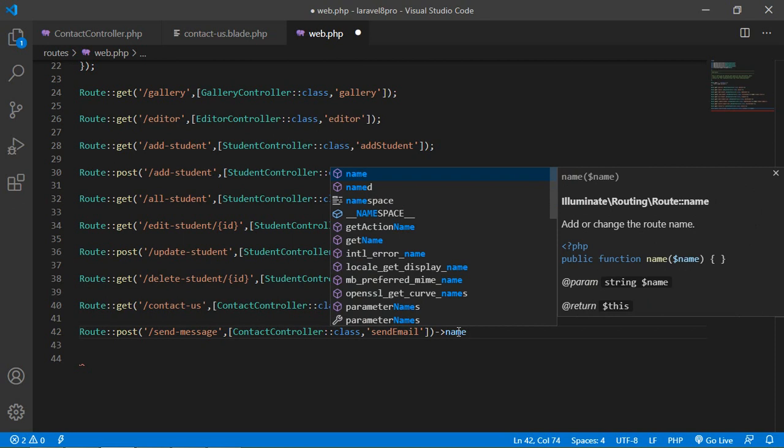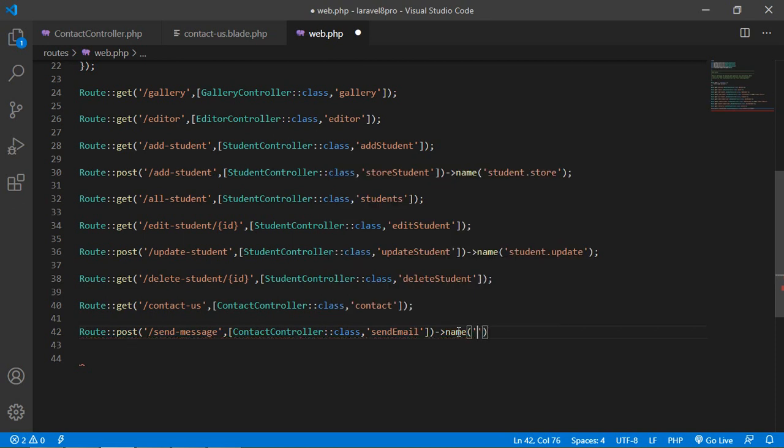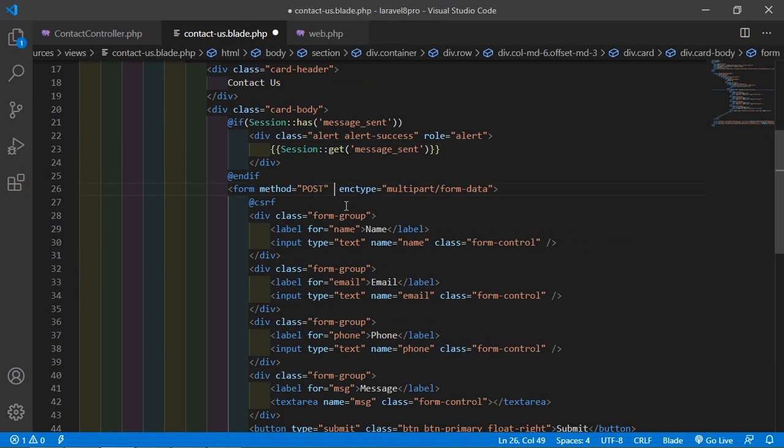Also give the route name, so just write arrow name, and just write here the name contact.send. Now just copy this route name and go to the contact us blade, and inside the form just add here action, then double curly bracket, and just write here route, and paste here the route name contact.send.